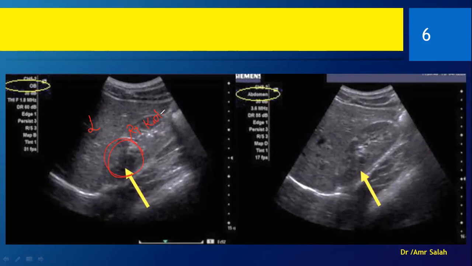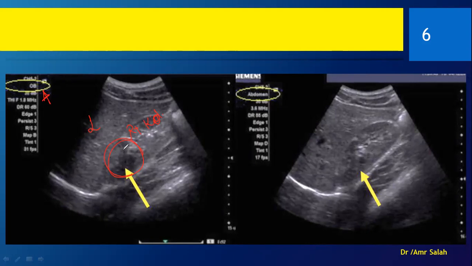Okay, but let's look into the image a little bit more. Now here we find something very peculiar. The type of examination set in the machine is obstetrics. So the machine thinks we're doing obstetrics. Okay, now the pre-settings in the machine are calibrated or optimized for obstetric examination. Now, are we doing obstetric examination?